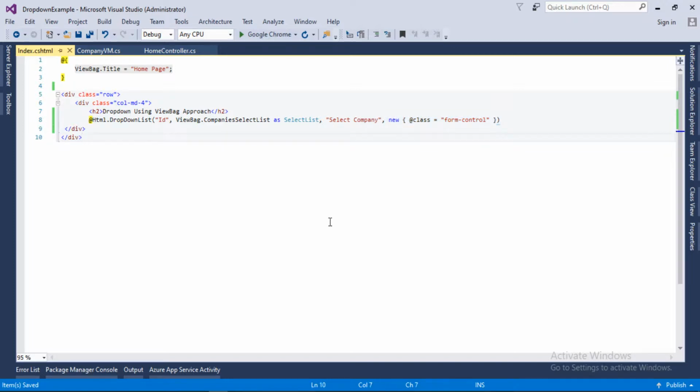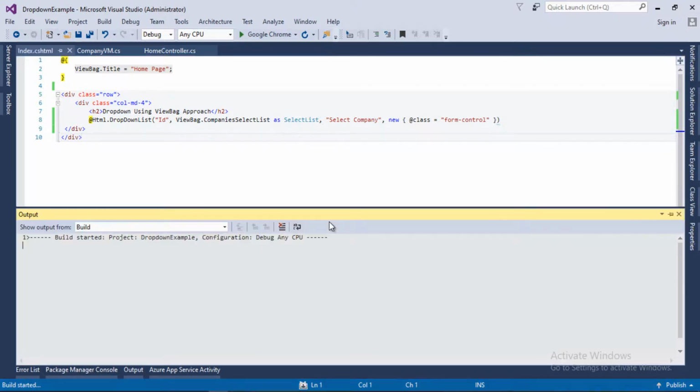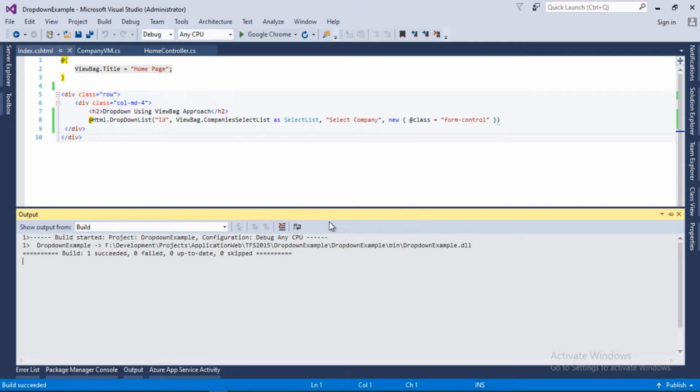Okay, so let's run our project by pressing Ctrl+F5, and let's see what we have got in the final output. As you can see, our application is loading in the Chrome browser.